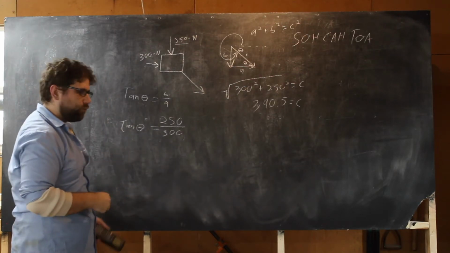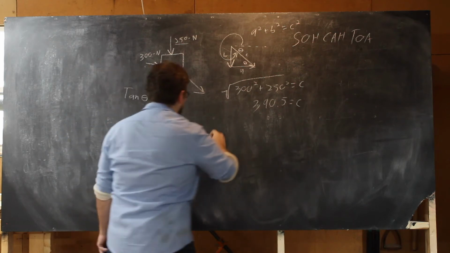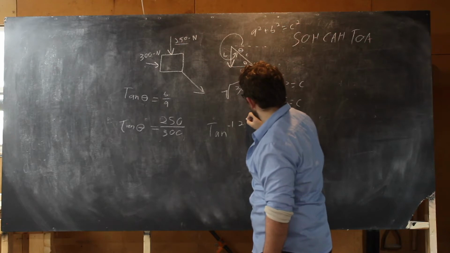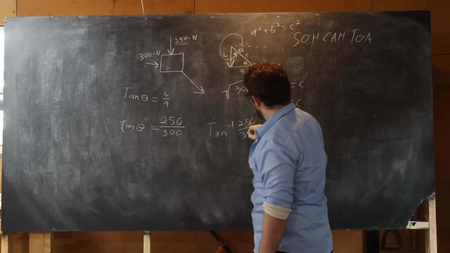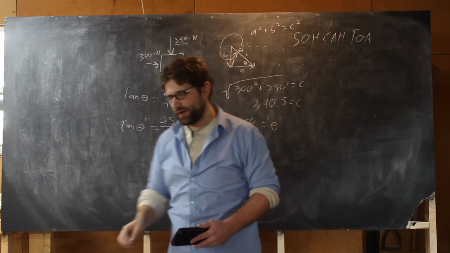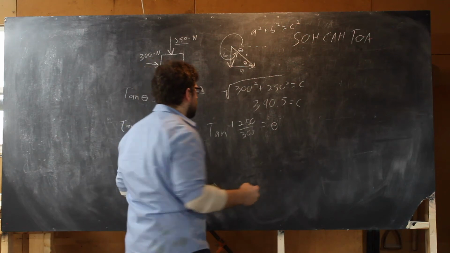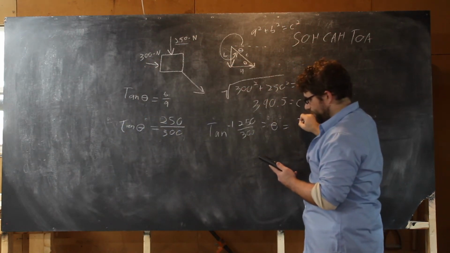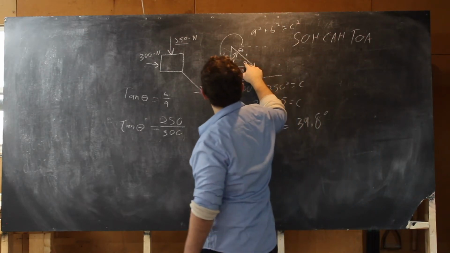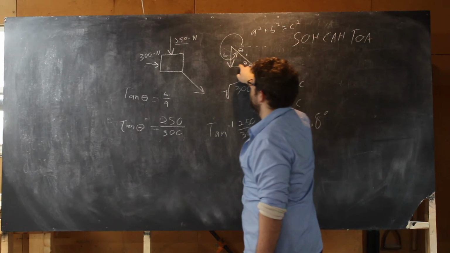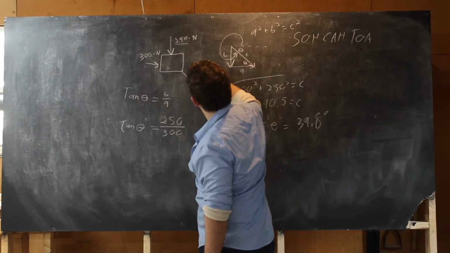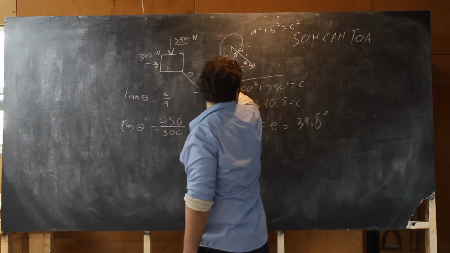How do we get theta by itself? Well, I need to do tangent to the -1. So tan -1 of 250 over 300 is equal to theta. So let's go ahead and plug that into our calculators. And that's going to give me a resulting angle of 39.8 degrees. So this angle is 39.8 degrees. And I could reference that being right here. And I'm going to call it a negative